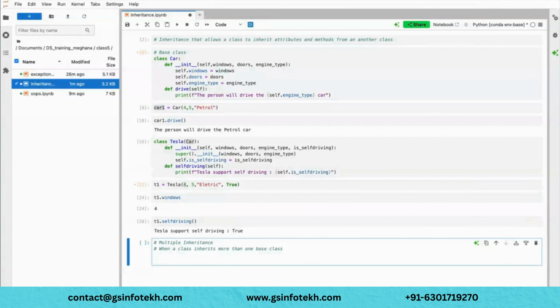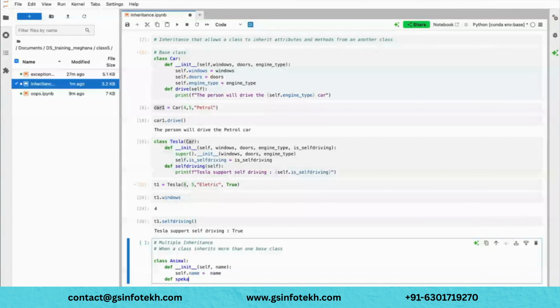So let's say I'm creating a class Animal. I just create an init here and put the name here. Self.name equals name. Then self.speak.